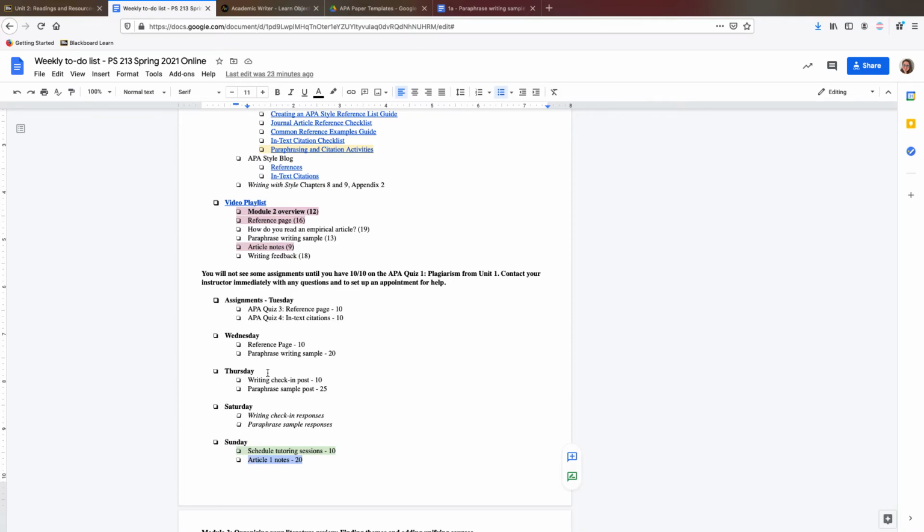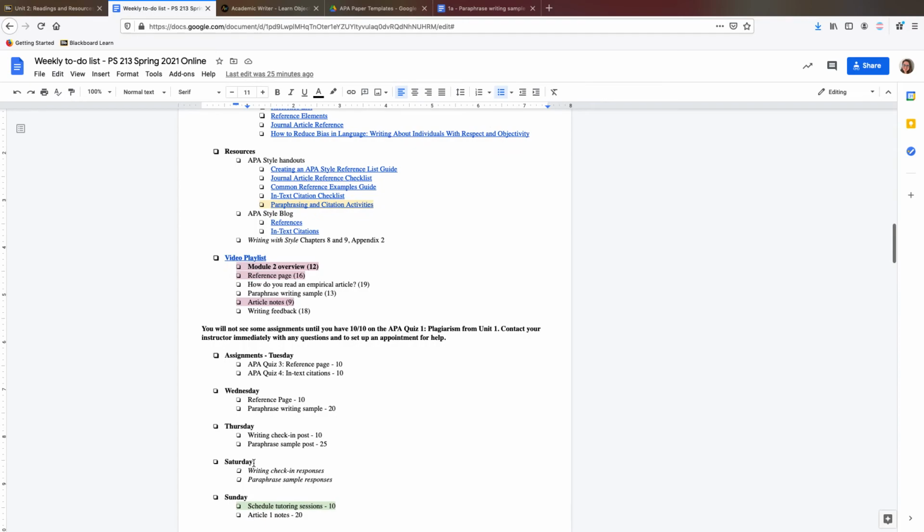And then you do the article notes. My hope is to be able to grade everyone's paraphrase writing sample to give you feedback fast enough that it can help you do better on your article notes. This is a very tight window because I can't possibly start grading them before you do them and turn them in. So I may not always be able to do that 1 or 2 day turnaround that I hope, but that's always my goal, that you get feedback on the paraphrase writing sample before you start doing your article notes. And you can reuse your paraphrases in your article notes.